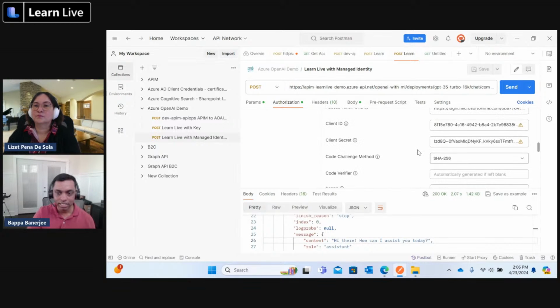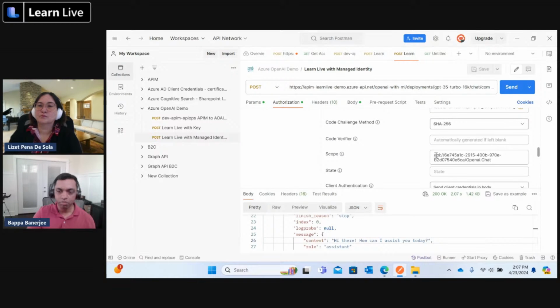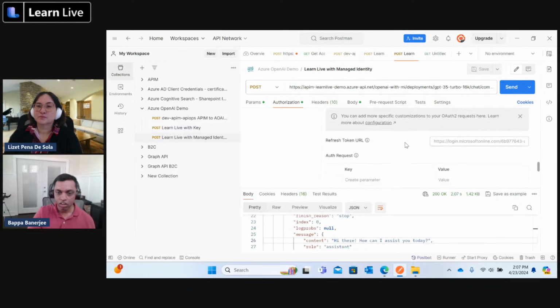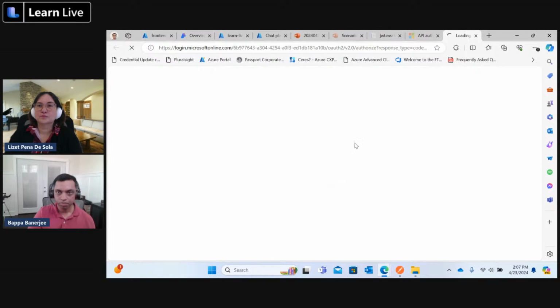The backend client is nowhere here, like for the client ID and client secret. And here in the scope, what I need to pass from my application is the scope which I want to have for this particular authentication. So now, if you get a new access token,